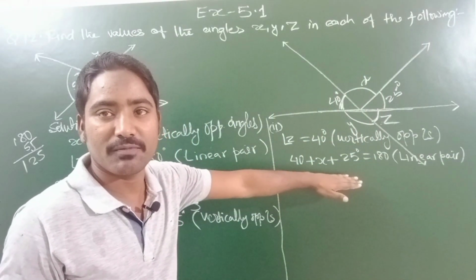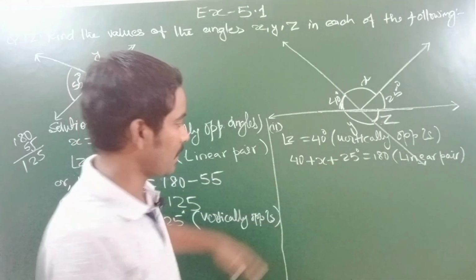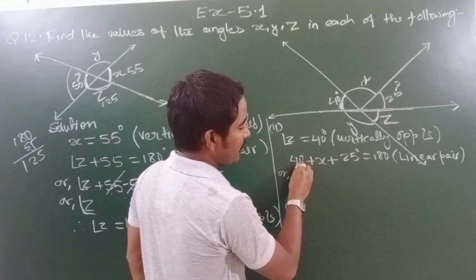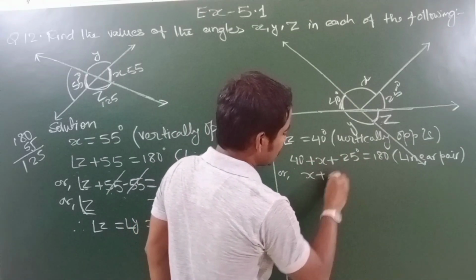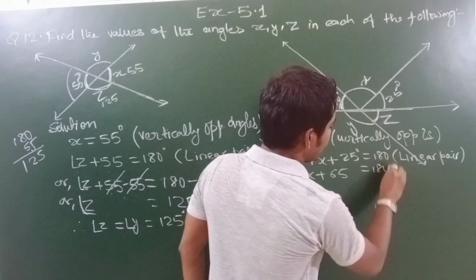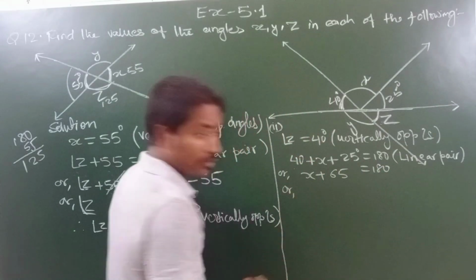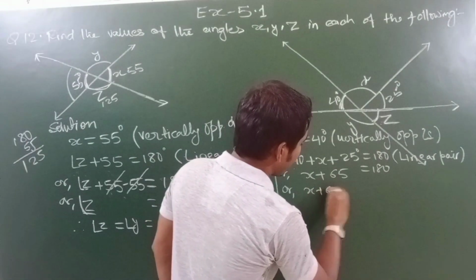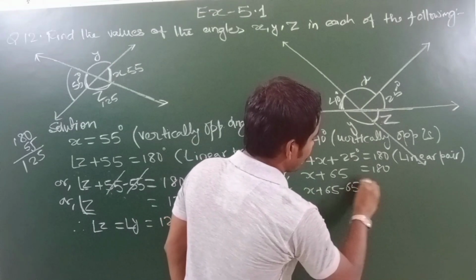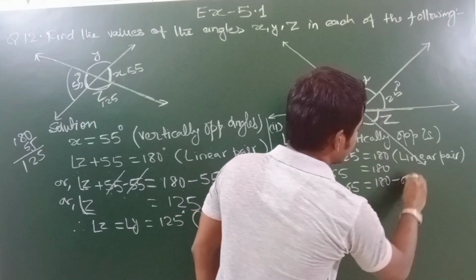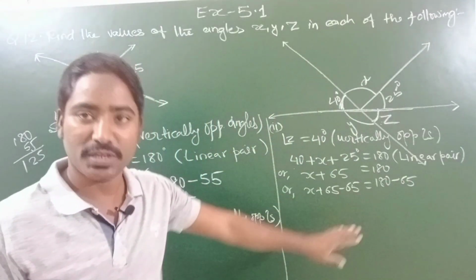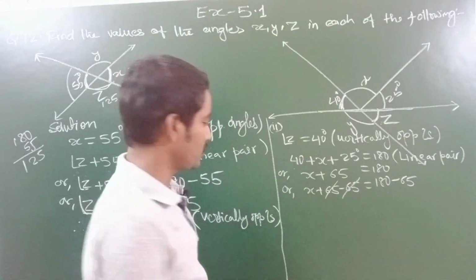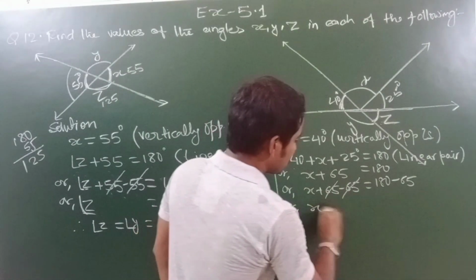Okay, done. Now you can solve this equation. It is a linear equation in one variable students. Here to solve this, what will we do? We will add these two. 40 plus 25 will give you 65. So x plus 65 will give you 180. Now as we solved this equation, in same manner we will solve this equation. So x plus 65 and here minus 65, 180 minus 65. I have subtracted 65 on both sides of the equation. Here now 65 plus minus will cancel. Okay, it will give you x is equal to how much students?